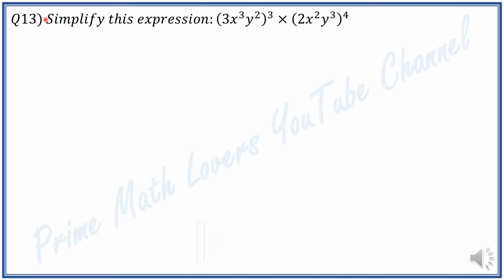Question 13. Simplify this expression: (3x cubed y squared) to the power of 3 times (2x squared y cubed) to the power of 4. We know that (a times b) to the power of m is equal to a to the power of m times b to the power of m. So we can apply this rule, and we get